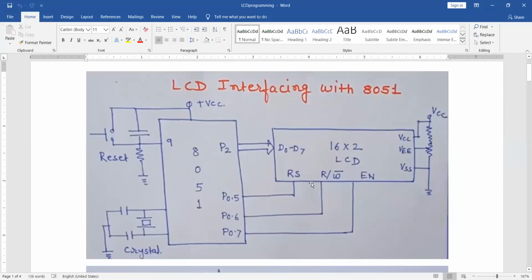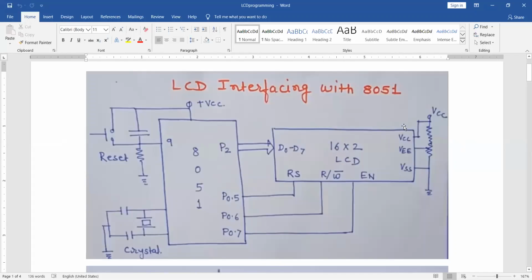This is your LCD, and D0 to D7 is connected to P2, and RS, RW and E are connected to P0.5, P0.6, P0.7. It does not mean you always have to use these pins. You can use any pin; these are not universal.